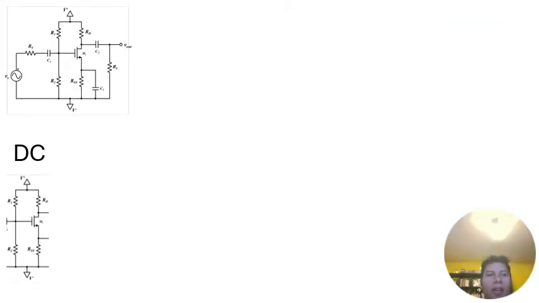Okay, so basically what we said was that at DC we could treat all capacitors as open, and as a result our equivalent DC model was this. Now if you keep increasing the frequency, eventually you're going to be in a region where you're in between being able to treat these things as short as we do in the small signal, and